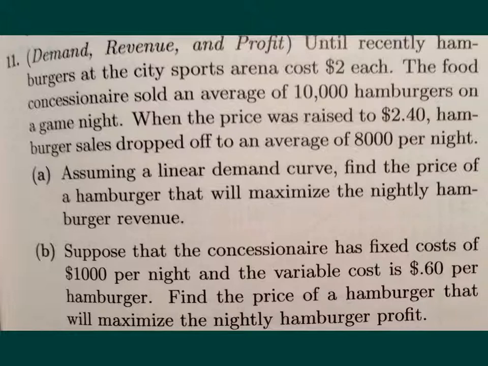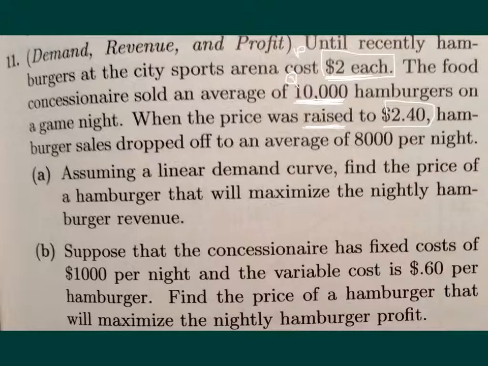It says, until recently, hamburgers at the city sports arena cost $2 each. So this $2 each is a price. The food concessionaire sold an average of 10,000 hamburgers, so that 10,000 is the quantity, on a game night. Just to recap, he's charging $2 and he's selling 10,000 hamburgers. Then they go on to say when the price was raised, so you're increasing the price